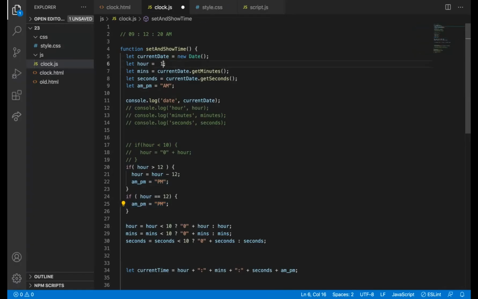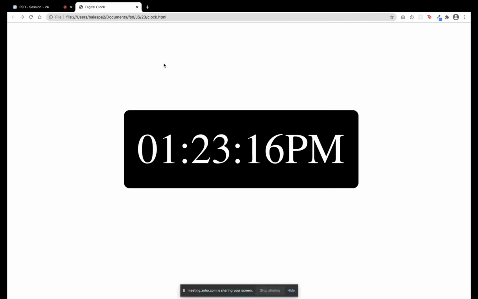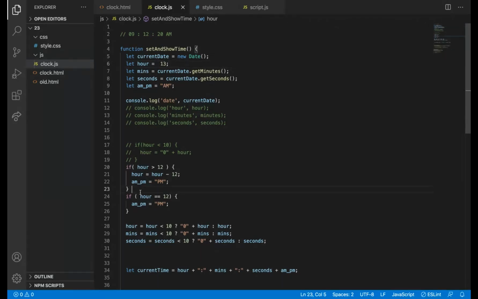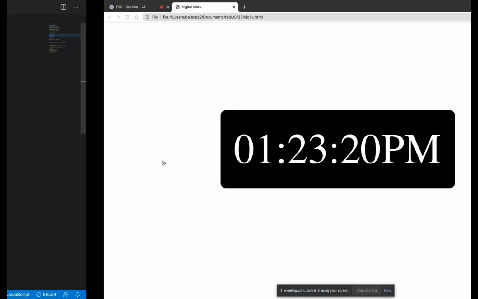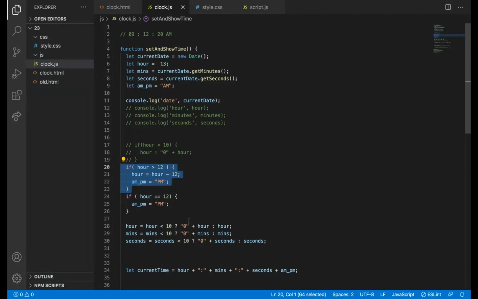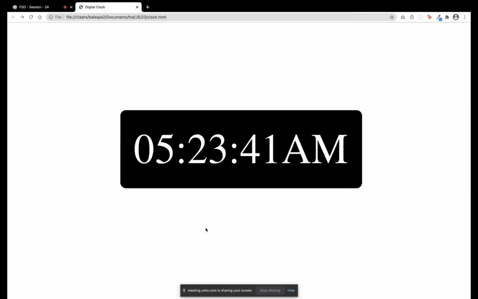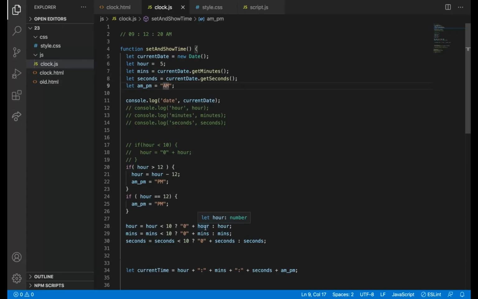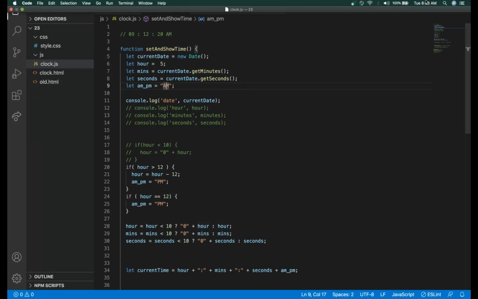But if I change it to 13, the if condition will go here, and then it will subtract 12 from my value. 13 minus 12 is equal to 1, and then it will append 0 to it. If my value is less than 5, it won't come inside of anything. It will just add AM and also 0 in front of it. I hope we have covered all the conditions.